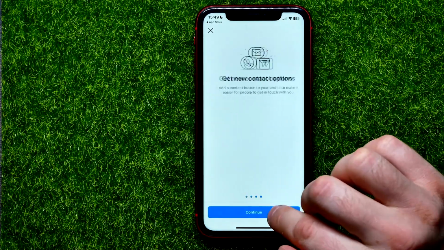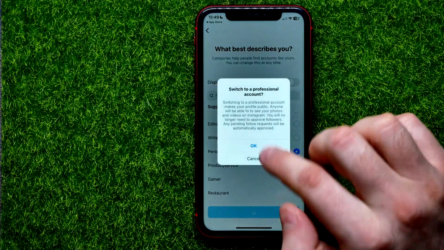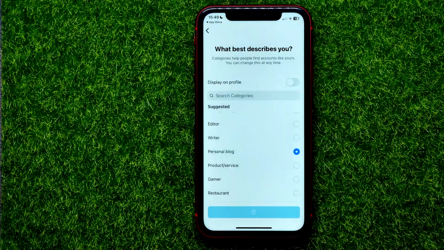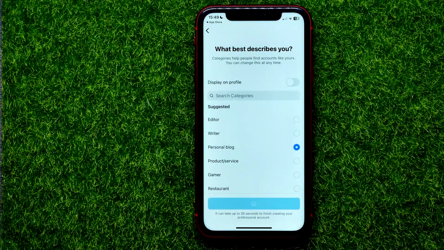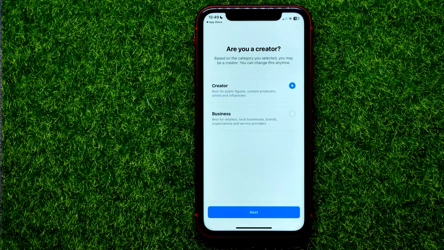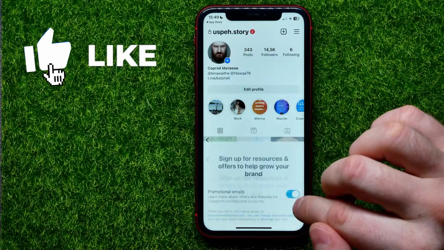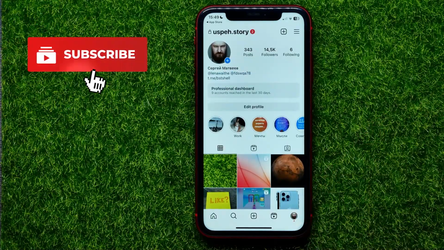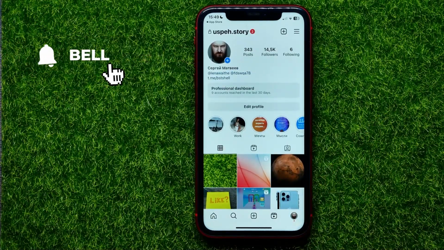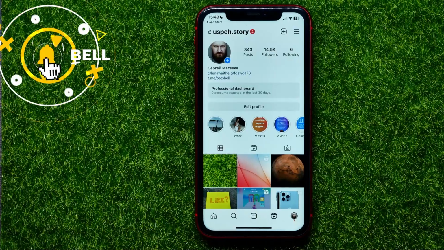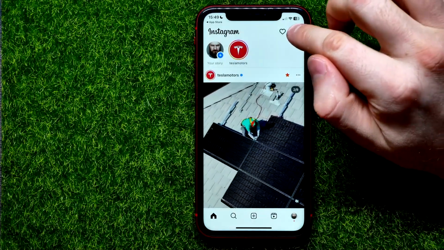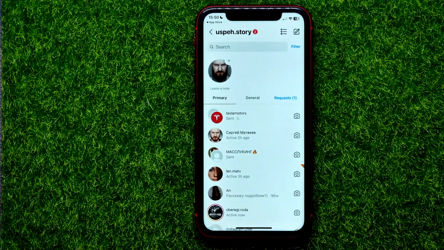Just hit at continue all the time, then hit done, hit at OK, and that converts your account to the professional. You can just hit on next, next again, and that's it. I have just switched the account to a professional account. Now I can go to DMs, and you can do the same to check if the notes option is available